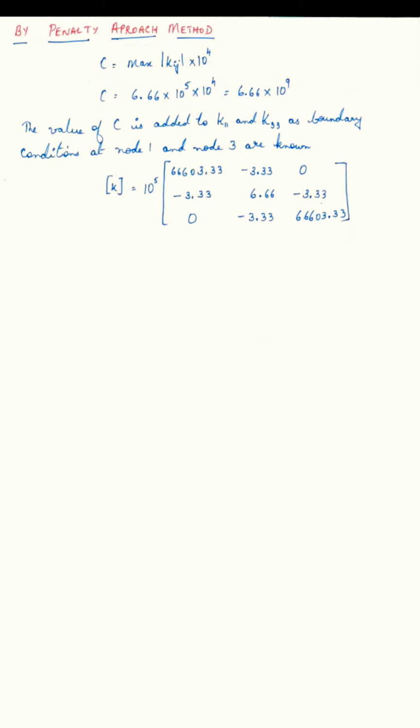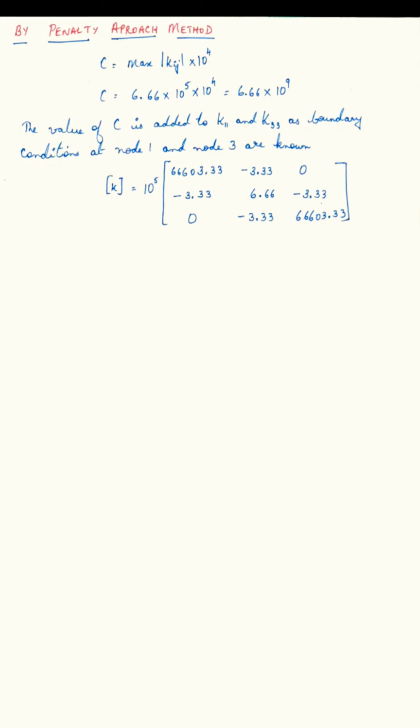So once the value of C is obtained, the value of C is added to the known boundary conditions of nodes K11 and K33, which corresponds to the stiffness at node 1 and node 3 exclusively. So adding 6.66 into 10 to the power of 9 will obtain 66603.33 at K11 location, 66603.33 at K33 location. We have done the multiplication in such a way that 6.66 into 10 to the power